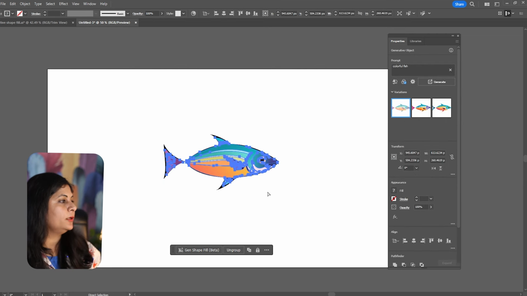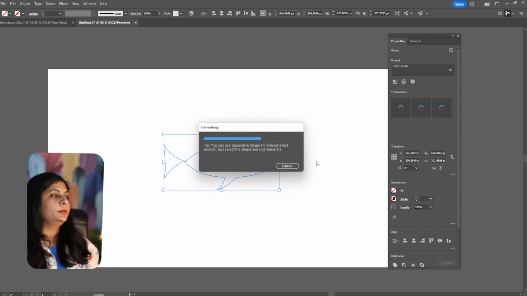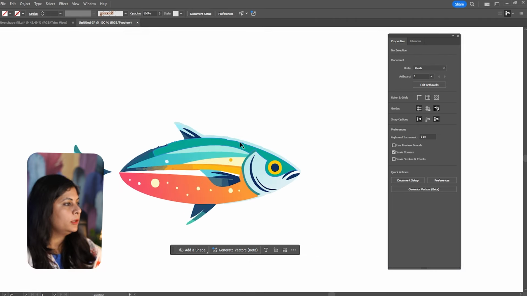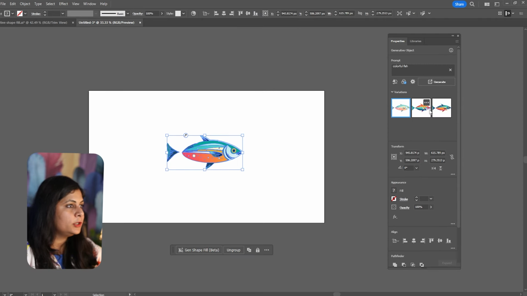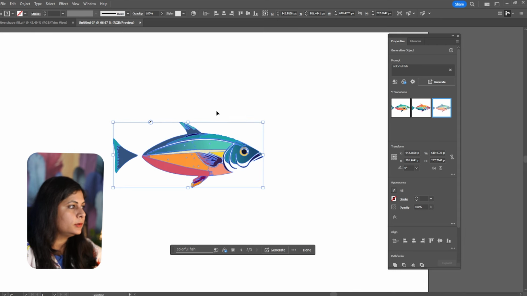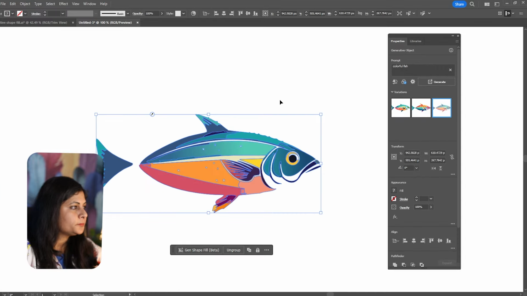Not bad, but I think we made the same mistake. Just turn off this fill from here. Do remember to turn off the fill, otherwise you'll get very bad results. Alright, so it has followed the shape very closely. Okay, we have these results. Not too bad. Not too bad.